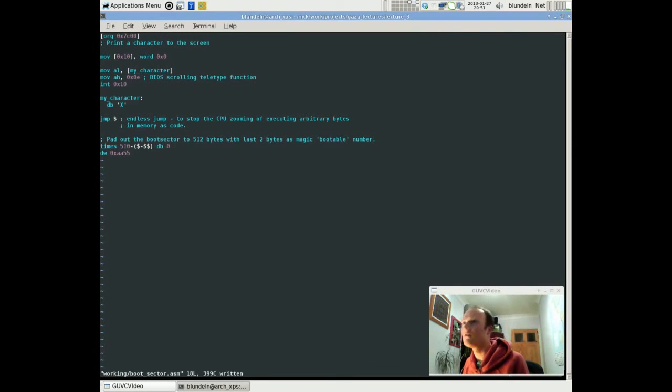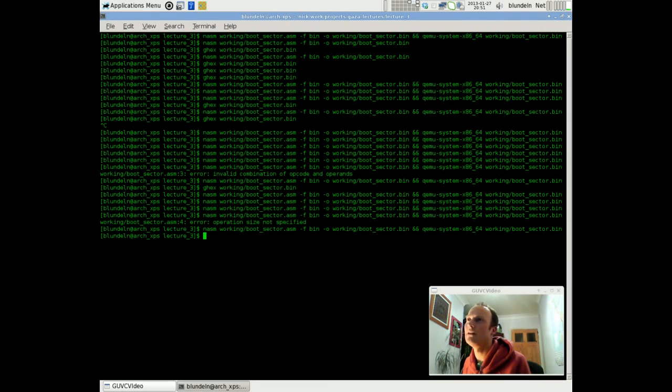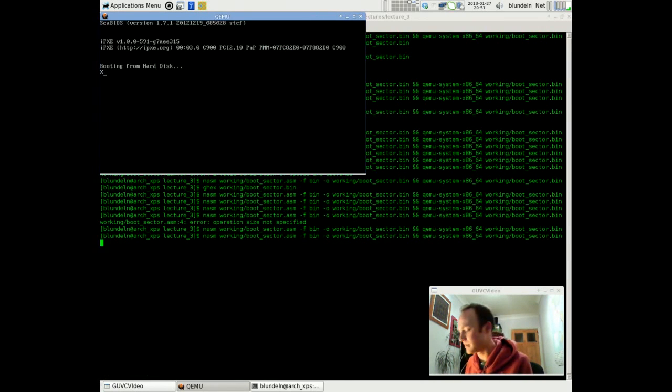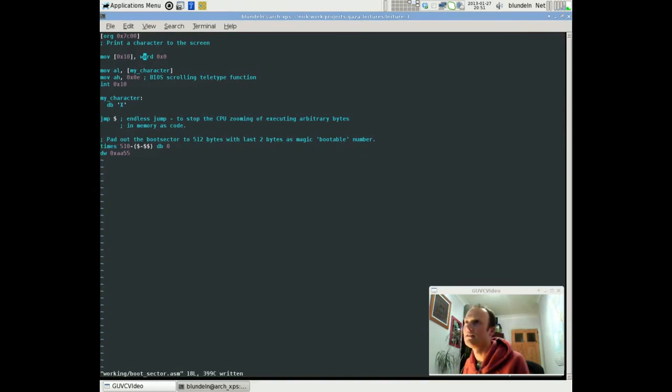So does this corrupt BIOS? Well, we saw that it didn't. Look, we still get the X there. Okay. So let's have a look. We need to understand how the layout of the table is. My assumption there was that interrupt 10 in the table was at the 10th byte in hexadecimal